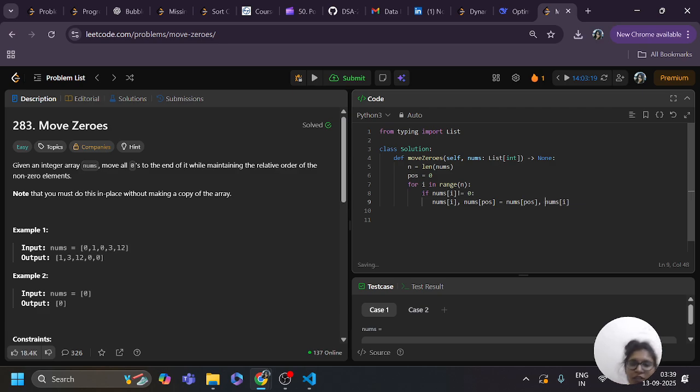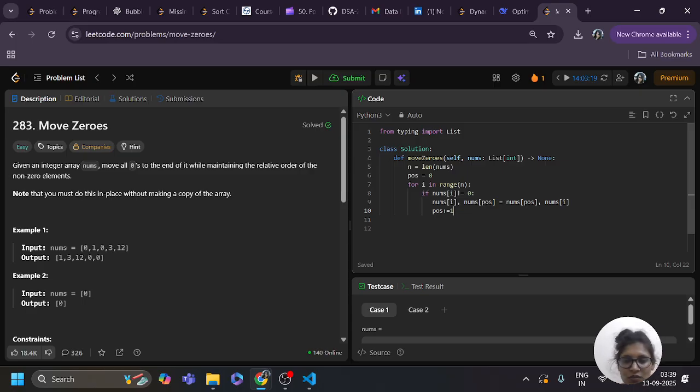So here I swap nums at index i with nums at pos, and nums at pos with nums at index i. Then I need to increase the pos value by 1.